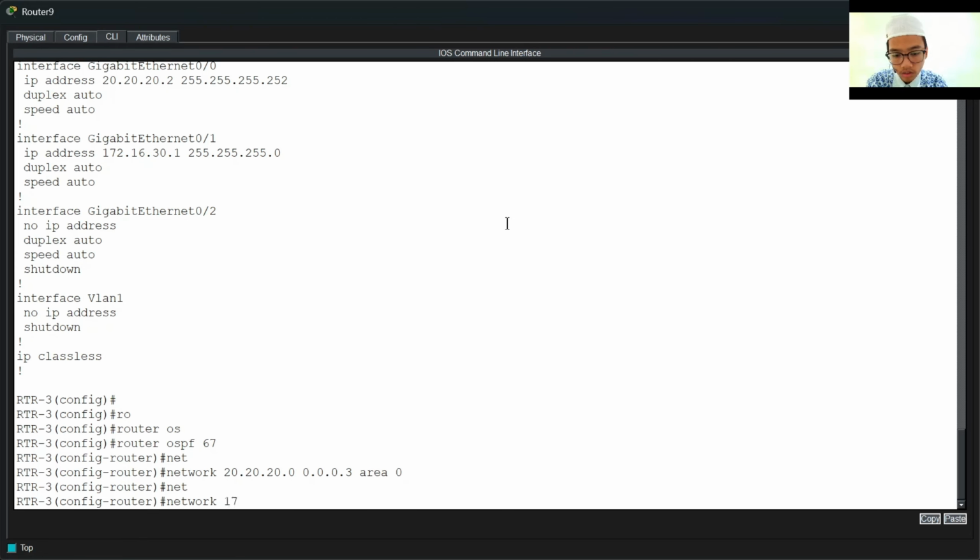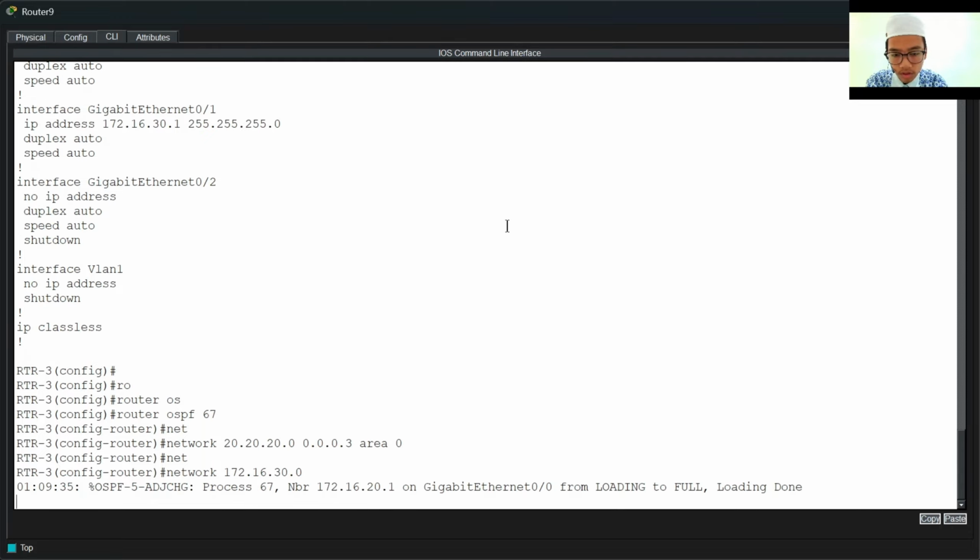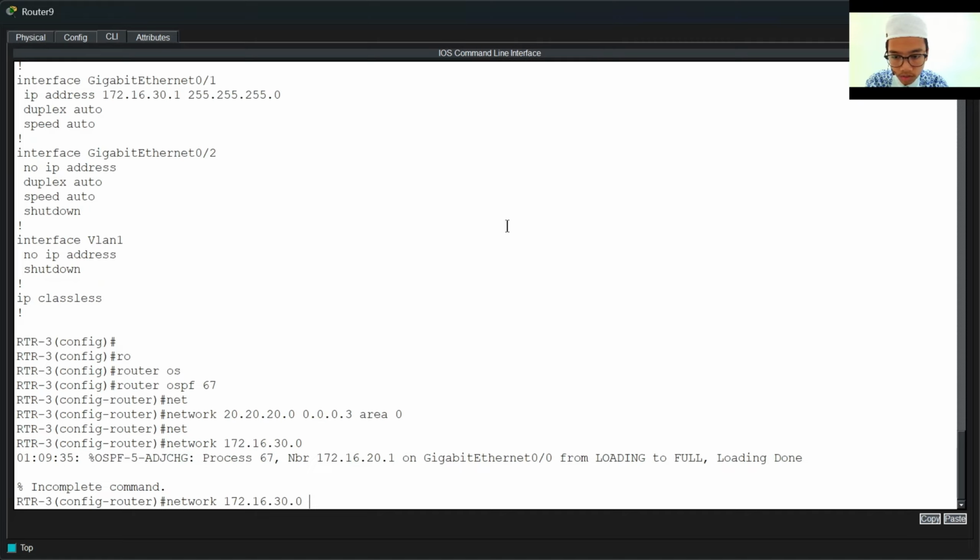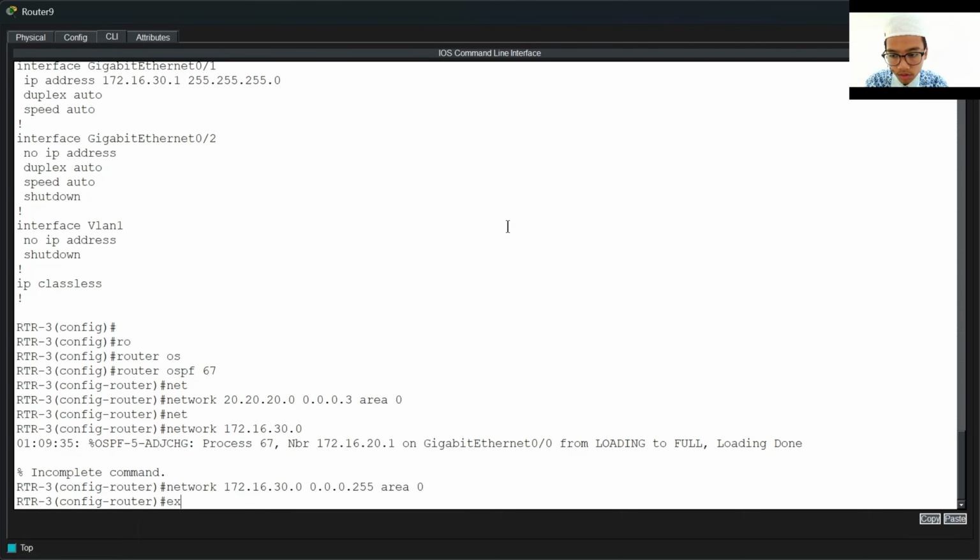And then add the IP from the PC, 172.16.30.0 the network, I'm sorry, then 0.0.0.255 and the area 0.